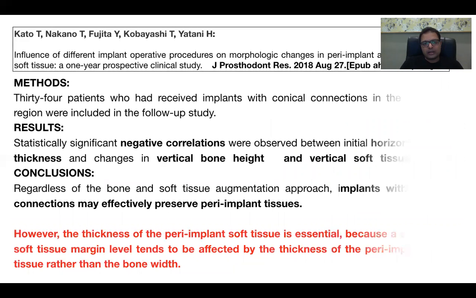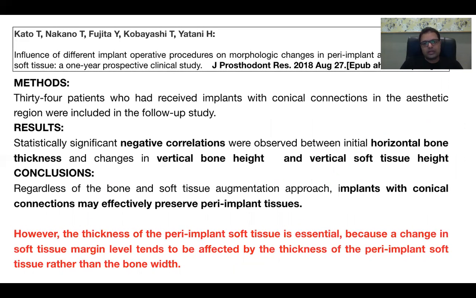One more thing coming from Kato and the Japanese group, published in the Journal of Prosthodontic Research. They studied 34 patients with implants with conical connection in the aesthetic zone. What are the conclusions? Regardless of the bone and soft tissue augmentation procedures, implants with conical connections may effectively preserve peri-implant tissues. However, my take is that irrespective of the kind of connection you have, as long as